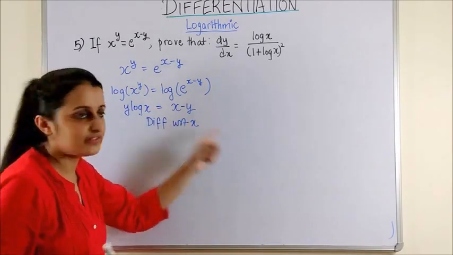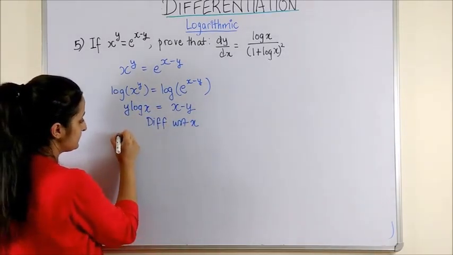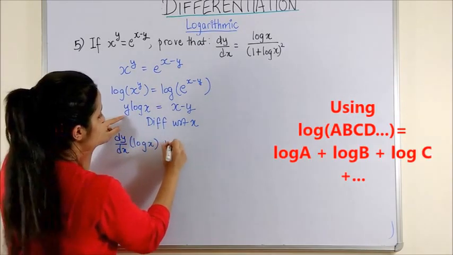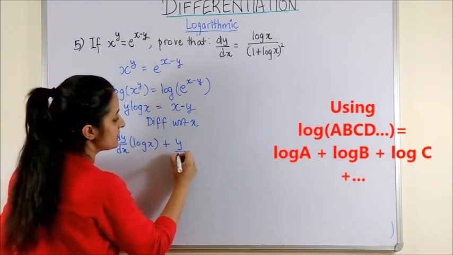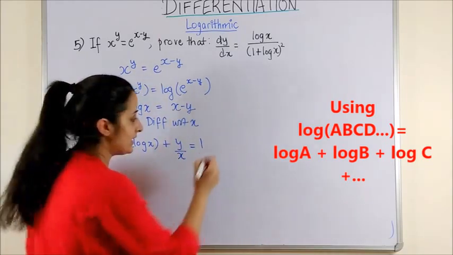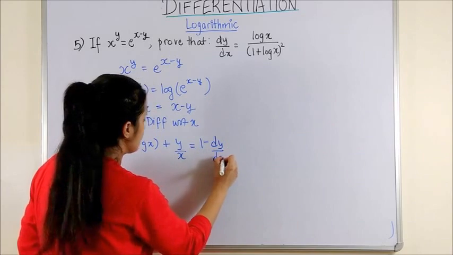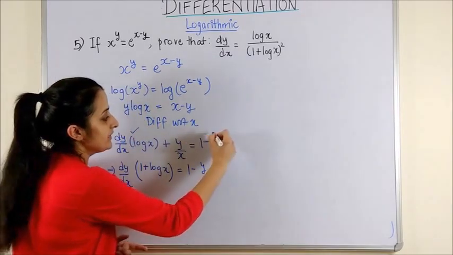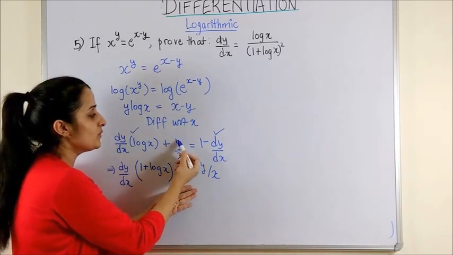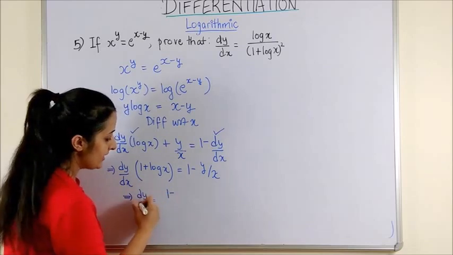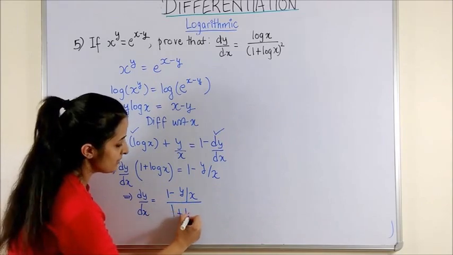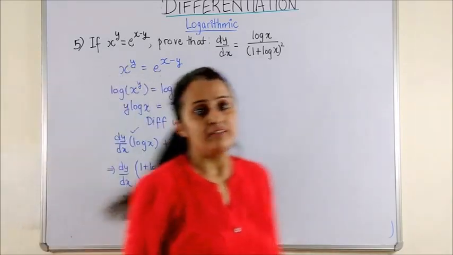So differentiating with respect to x, we get dy by dx into log x plus y into derivative of log x, which is 1 by x, is equal to derivative of x is 1 and derivative of y is again dy by dx. Now clubbing the terms containing dy by dx and taking them to your left side gives us this is equal to 1 minus y by x. So my dy by dx gives us 1 minus y by x upon 1 plus log x,